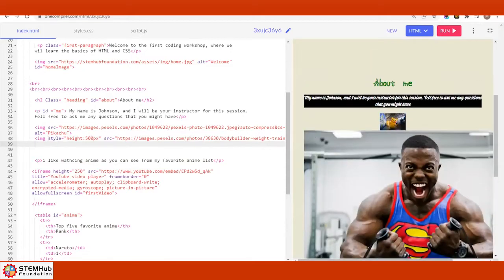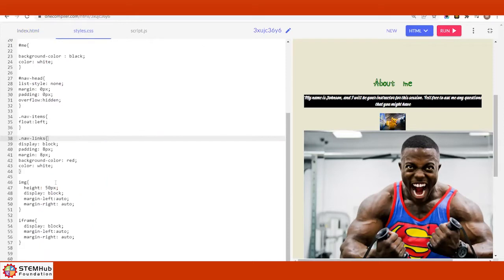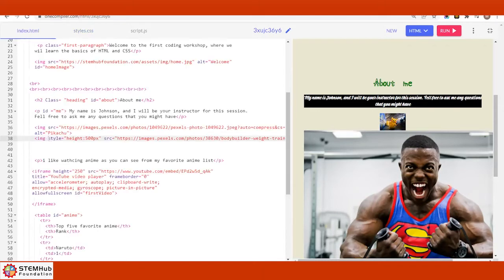This is called inline style. So the inline style will override what I put in my style CSS. Even though I have 50 here and all the other images will go 50, because I put my inline style just for this line, it made this one 500. So people, want to give that a try? I'll share my code for inline style here in the chat.